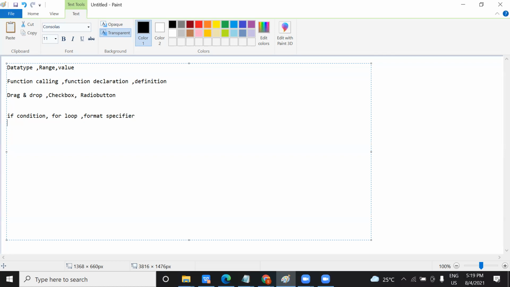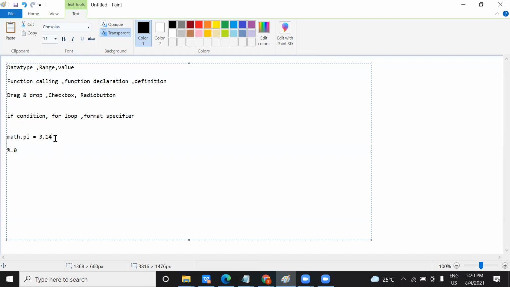Format specifier means you might have seen one question in which it was given math.py is equal to 3.14. And if you try to print in this way, percentage dot 03, what does it mean? It means that the total length of your digit will be 3.